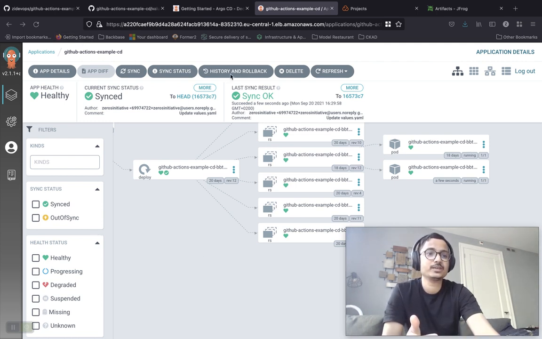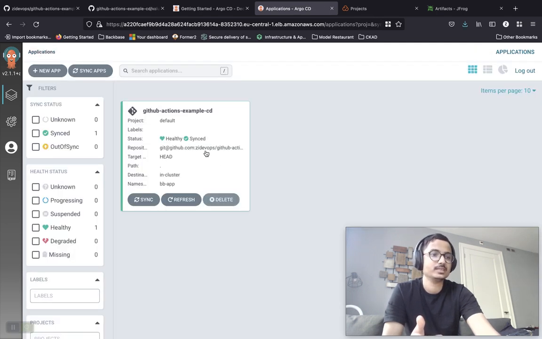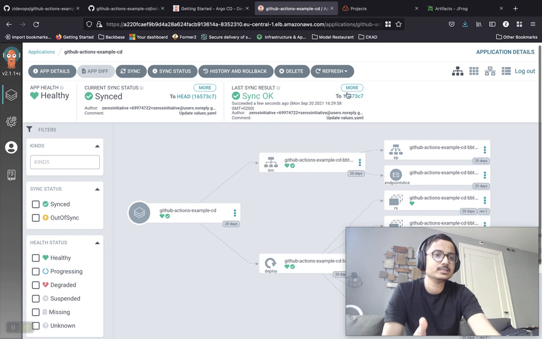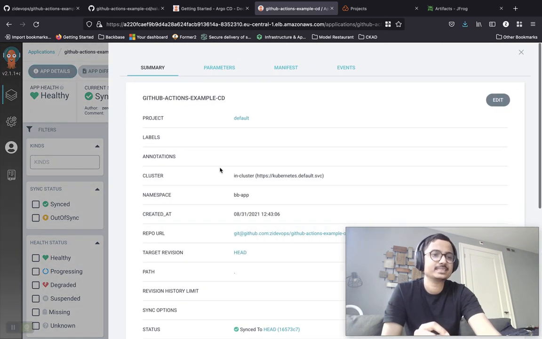So how do you do that? So if I take a look at the configuration of my project, of my application project over here. So let's see if I'm able to see the configuration. Okay, I have to find this. Give me a moment, guys. So let me find out the configuration. Okay, app details. Yes, perfect.